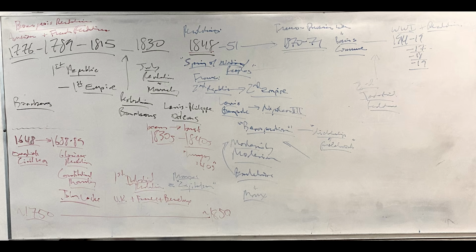So it has a symbolic significance for them to put in a king after overthrowing the Restoration monarchy,